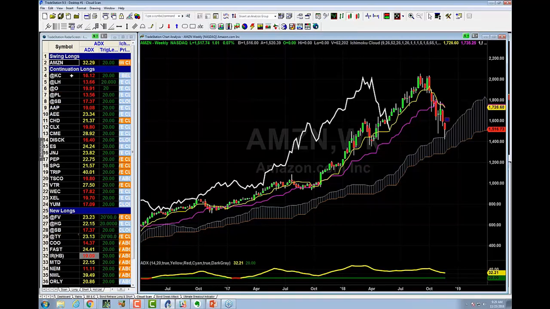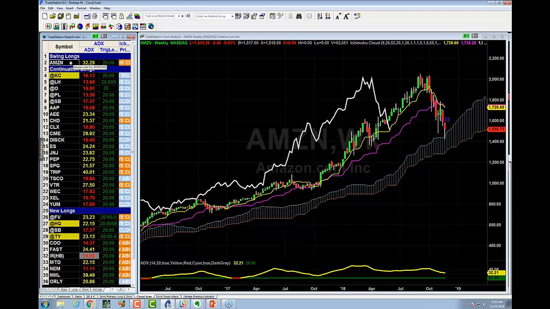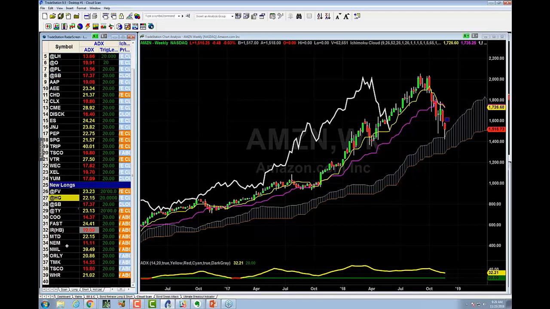Then I'm going to have a list of continuational longs, which are going to be shorter term than an investment but longer than a day trade. So these are going to be swing trades. And then the new longs are the new longs that I just found last night. Does that make sense? So I've got a long silo, and in my long silo, I have an investment, I have a list of swing trades that I can pick from, and then I have new fresh longs that I can pick from. And I have the exact same thing set up on the short side.